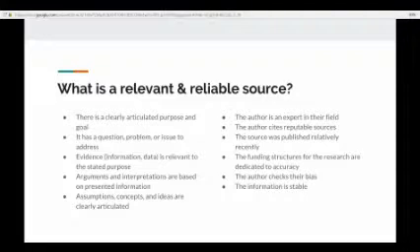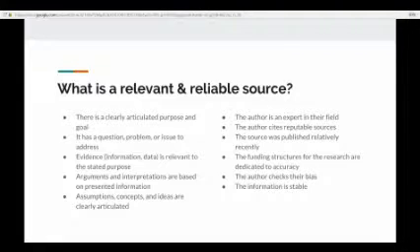Reliability is often about the author and the ways in which the author goes about making an argument. The author is going to be an expert in their field. Again, this depends on the field. The author doesn't necessarily have to be a researcher at MIT. They can also be a CEO of a Fortune 500 company. The author is going to cite reputable sources. Not only will they have citations, but those citations need to be reliable themselves. That indicates reliability as a source.